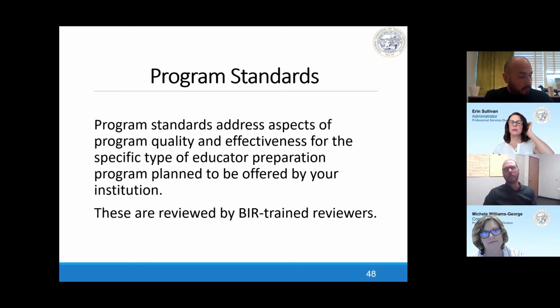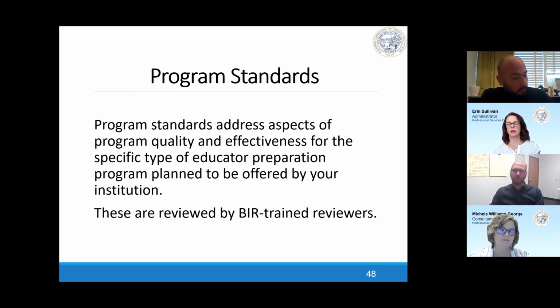So as I mentioned when I was talking about the common standards, the program standards are sort of that next and really kind of final level of commission standards that you'll be addressing in this process. And the program standards, unlike the common standards, are about the specific program that you are going to hopefully be operating. So while we have one set of common standards that every institution responds to, program standards are specific to